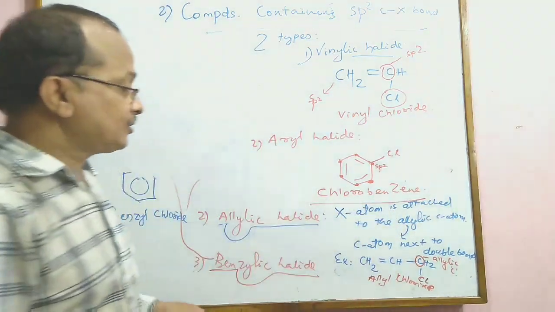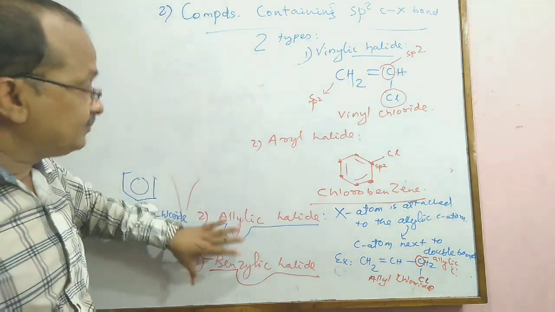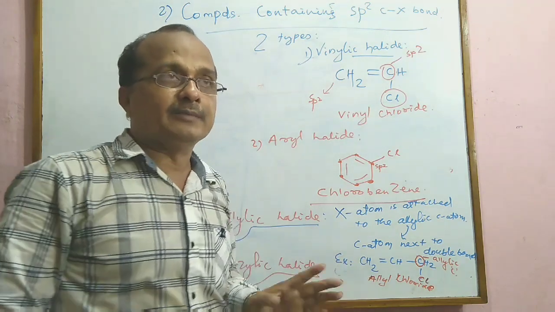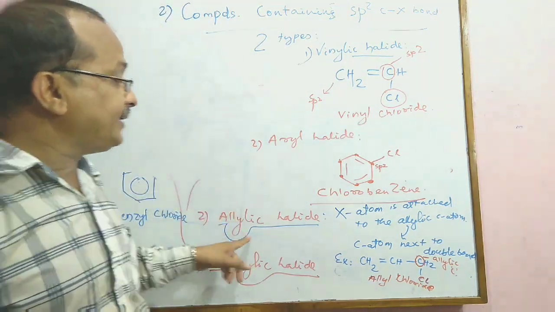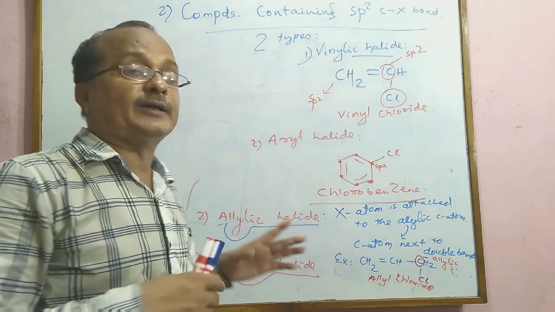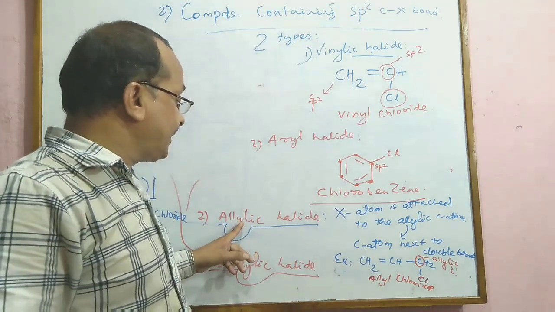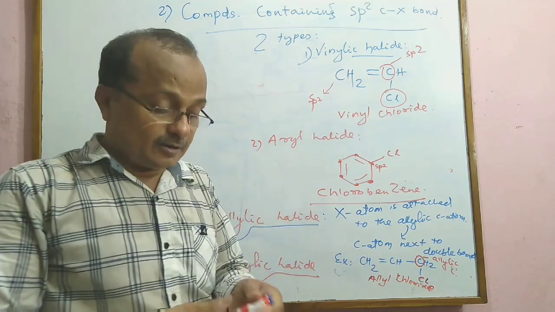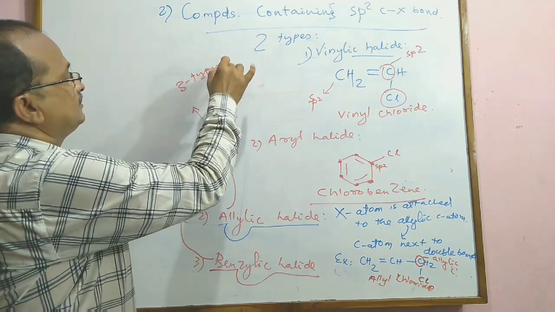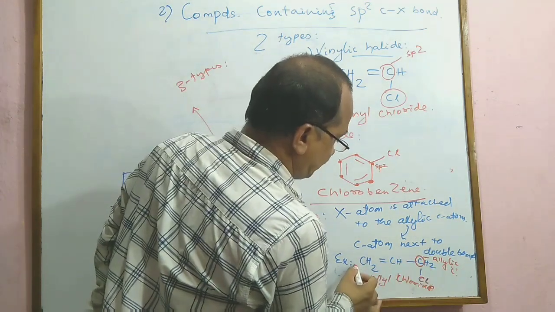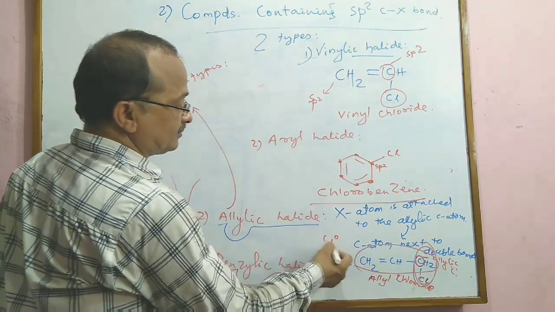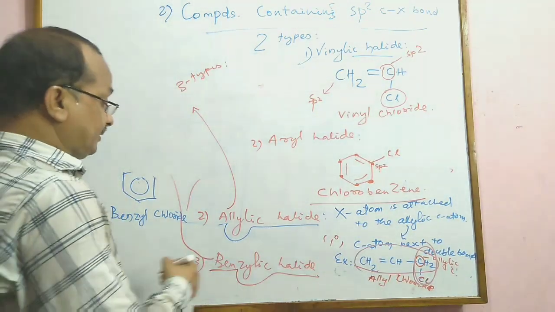So these are the types of halogen derivative. One is alkyl halide, it is again three types, that is primary, secondary, tertiary. Then one is allylic halide. In allylic halide, halogen atom is attached to the allylic carbon. Again it is also three types. It may be primary allyl halide or secondary allyl halide or tertiary allyl halide. So allylic halide is of three types. This compound, you see, contains CH2Cl. So it is 1 degree allylic halide. This is the example.